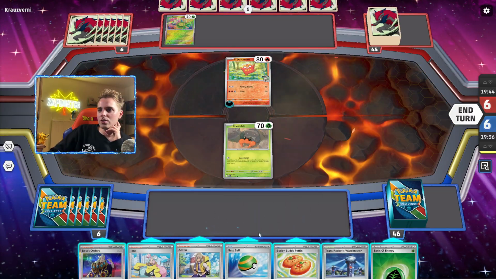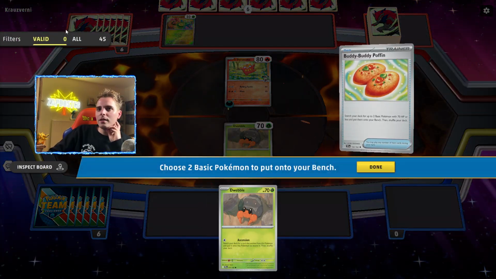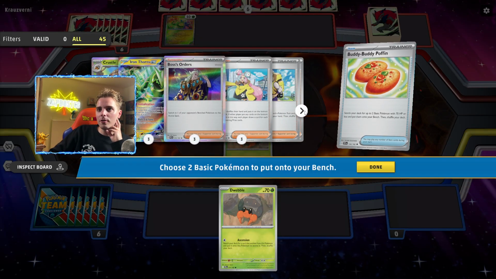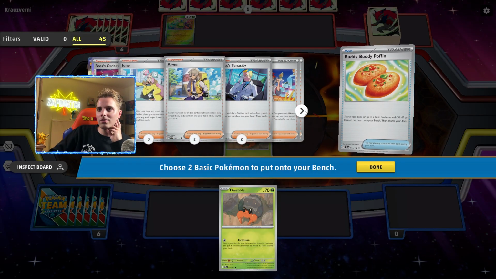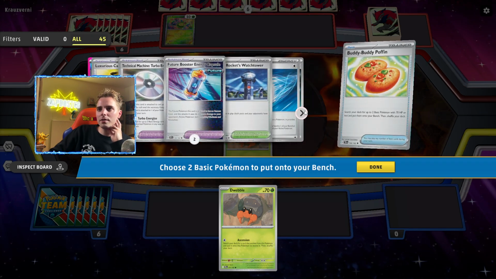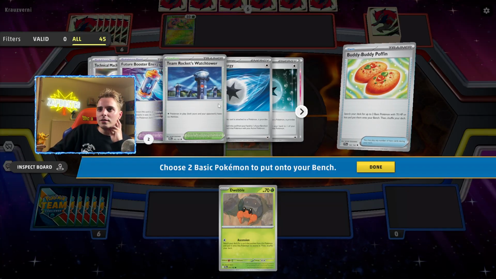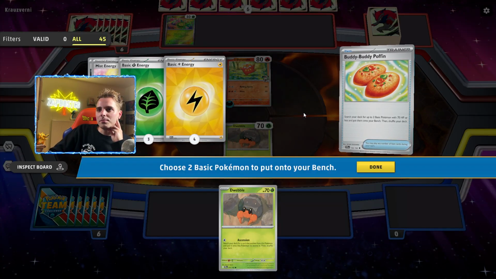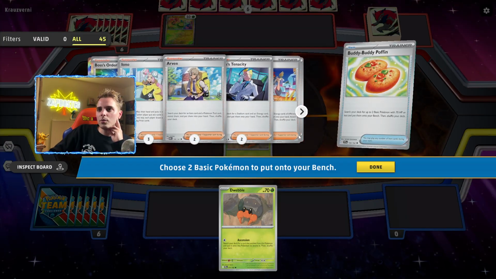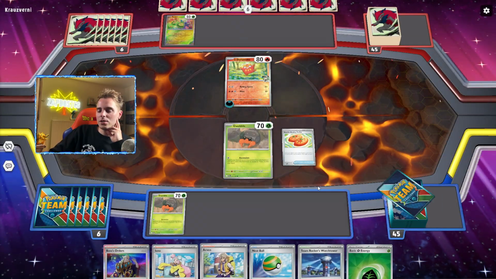Okay, let's just go for Buddy-Buddy Poffin. Get this one first. I could get Iron Thorns up in the mix, but they're not going to use abilities right now, even though Iron Thorns does slap quite a bit of damage. TM Energize is a possibility. And the Jet Energy is in there as well. With that in mind...